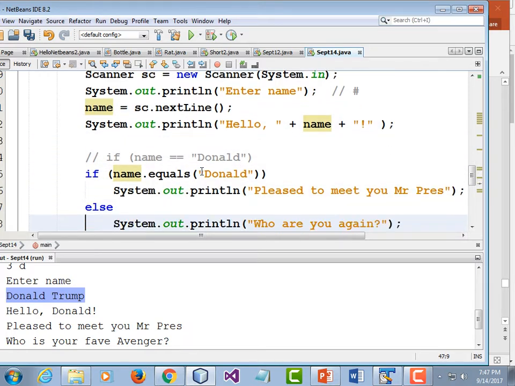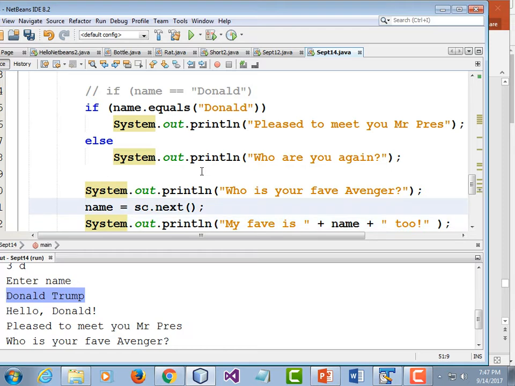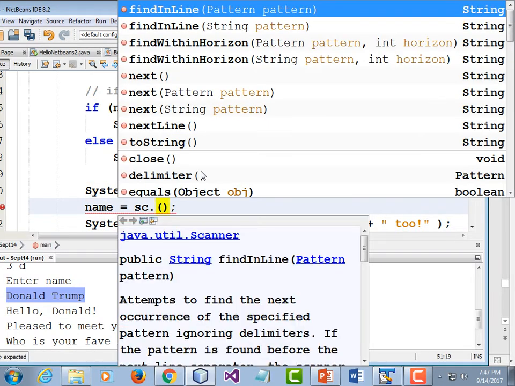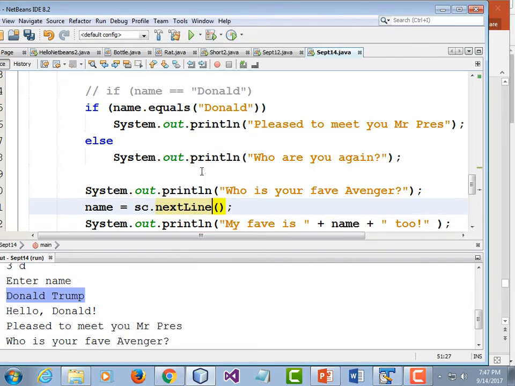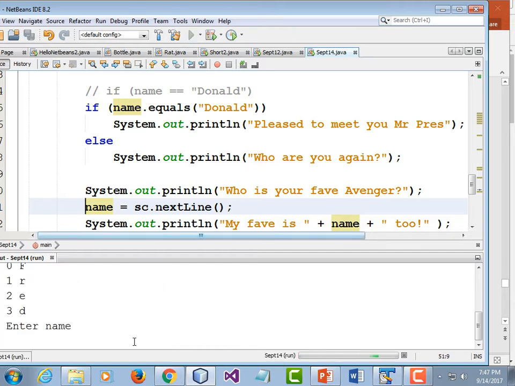And then do that again on the bottom because we've got two .next commands. sc.next line. Now to work perfectly. Enter your name. George